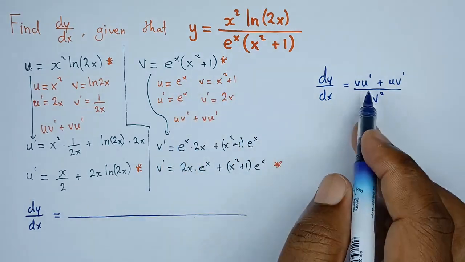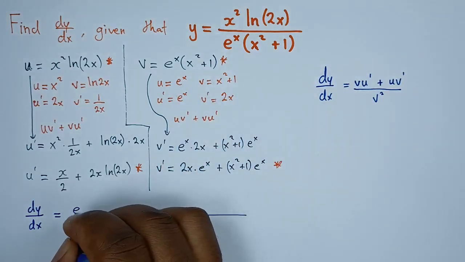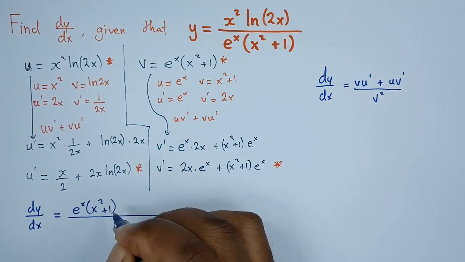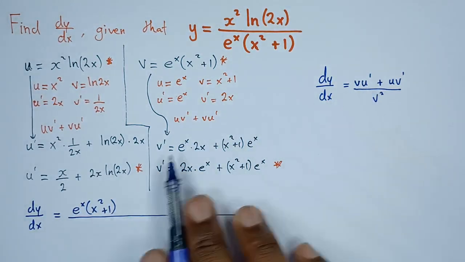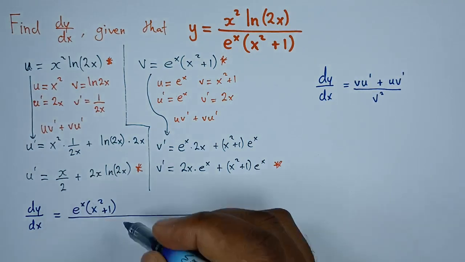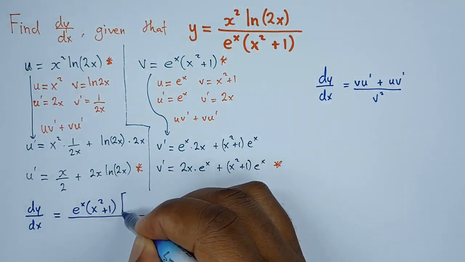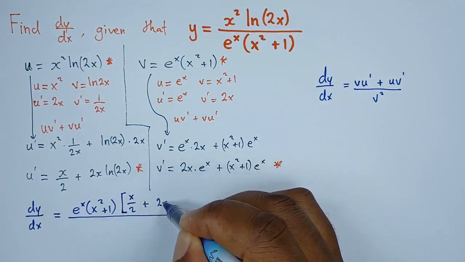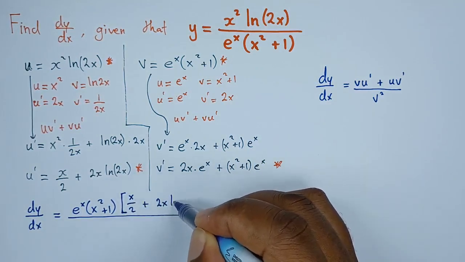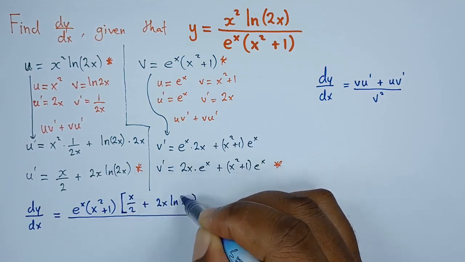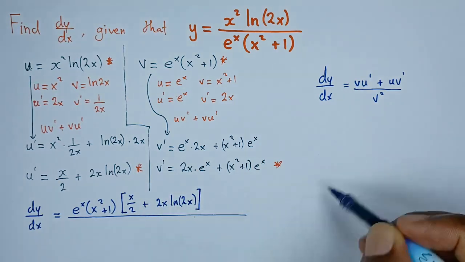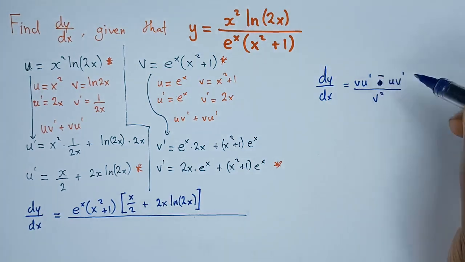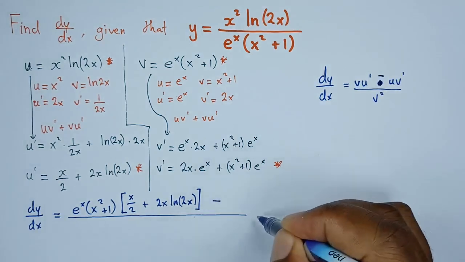So let's just do this. So v, we start with v, which is e to the x, open bracket, x squared plus 1. That is multiplying with u prime. U prime is this expression that we have here. So let's use this bracket and say x over 2 plus 2x ln 2x. We're supposed to subtract, not add, sorry. So minus,